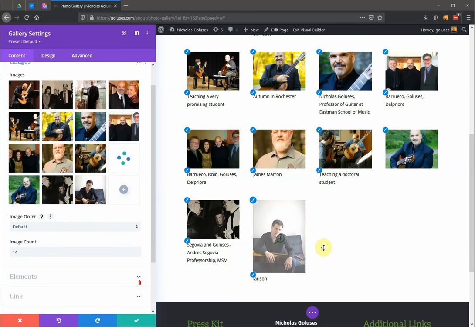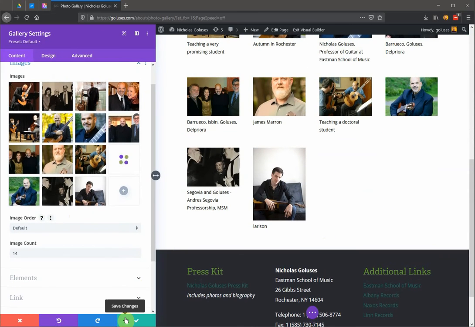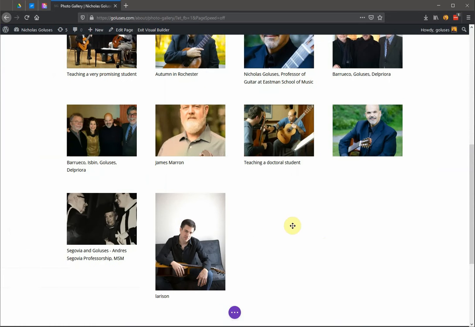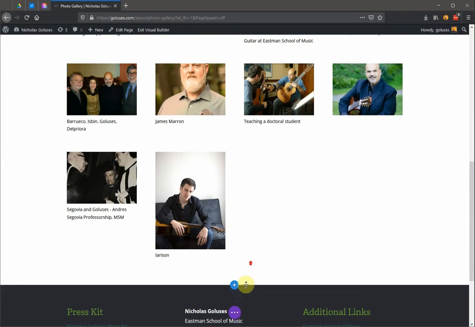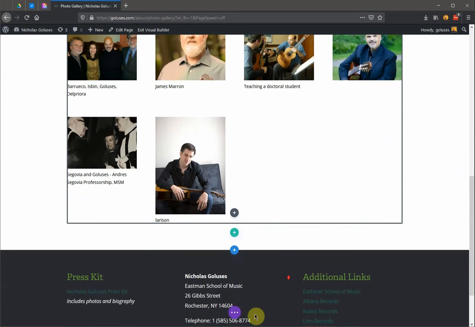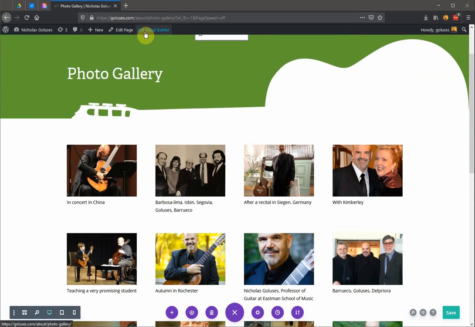Yeah, so once we're done with these changes, now it looks good over on the right hand side. We click on the green check mark, and that will save the changes in this particular module. Go ahead and do that. There still is one more step though to make these changes public, and that is to click on save for the entire page. So if you hover over this purple icon at the bottom here, there'll be a bunch of different options. You can save appears over on the right. You click on that, or if you just click on Exit Visual Builder back where you enabled it before,